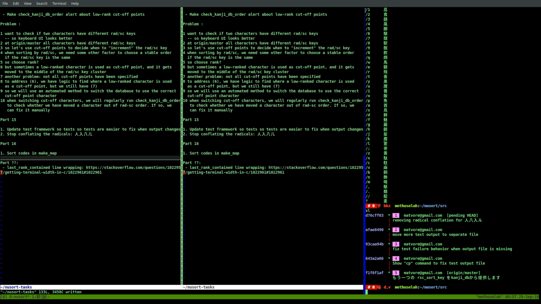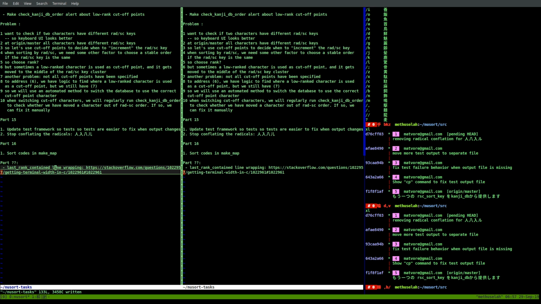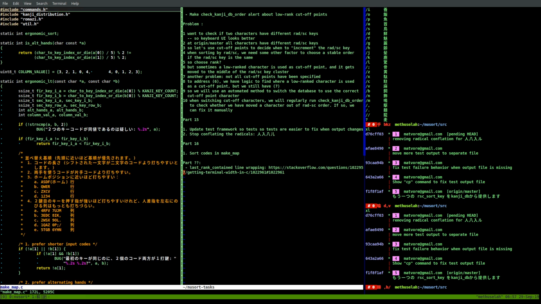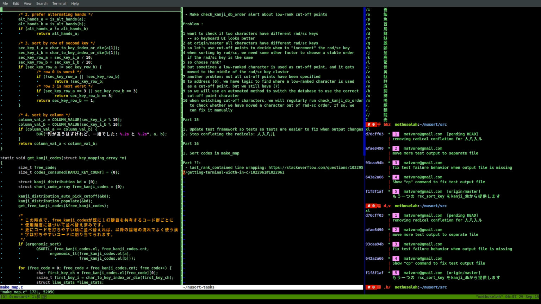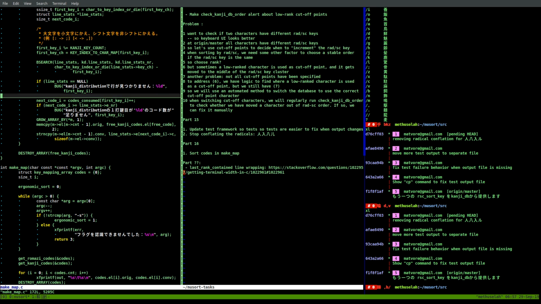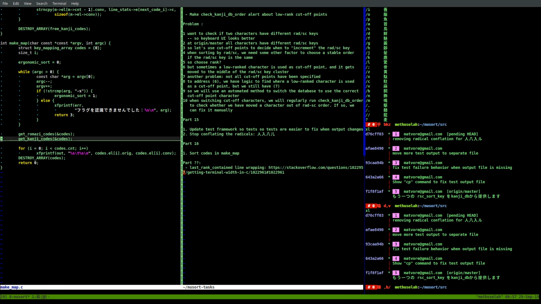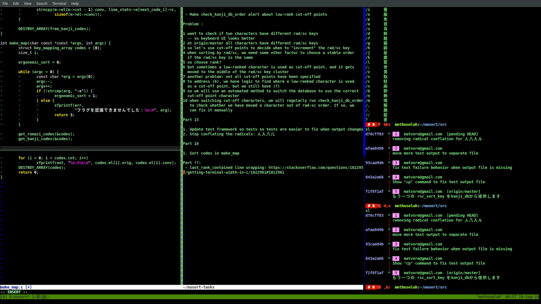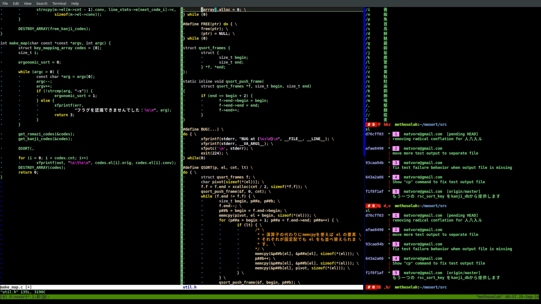And anyway, let's go to makemap.c, and this is the makemap function, and it's going to get the romaji codes and kanji codes. And now we're going to sort, right? We're going to do a qsort, and the first argument is nothing. Let's open util.h and look at qsort. So first we give it the name of the element we want to assign, and L. What is L? Oh, L is the array itself. So we're going to sort the codes dot